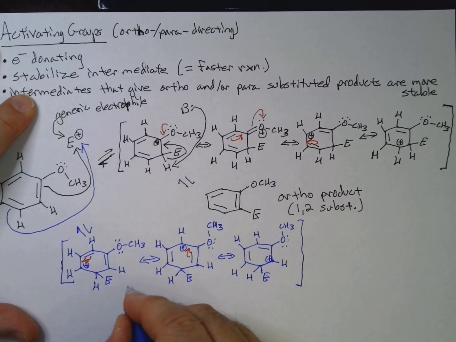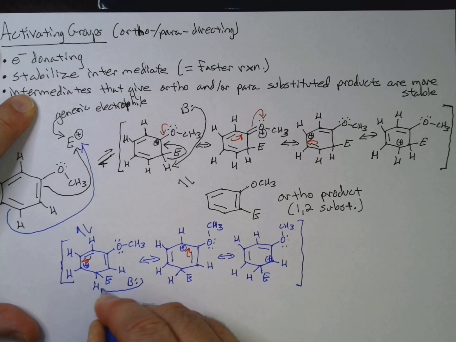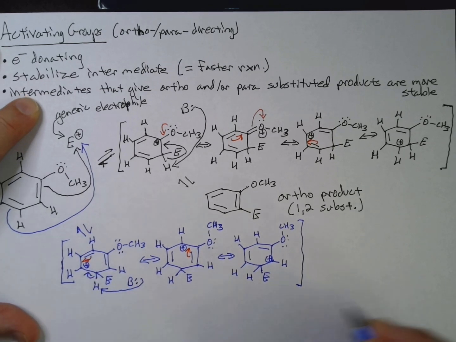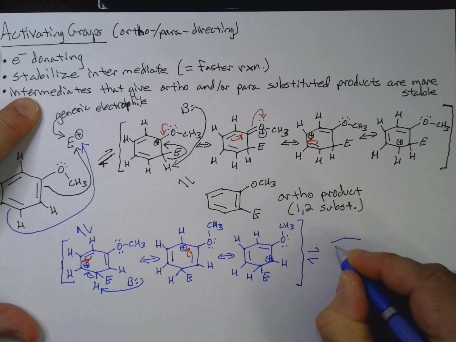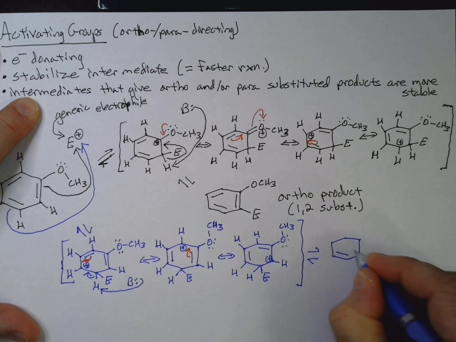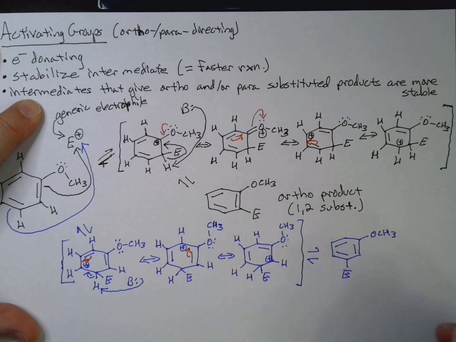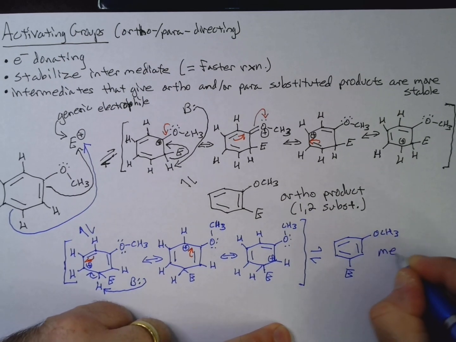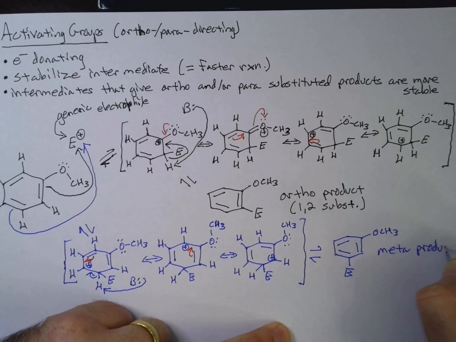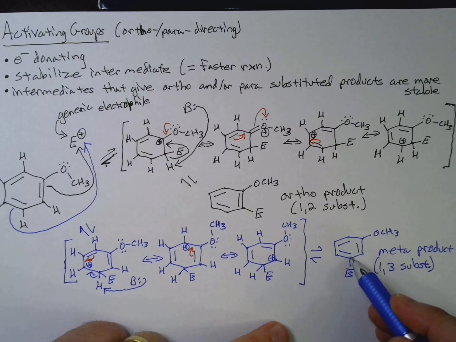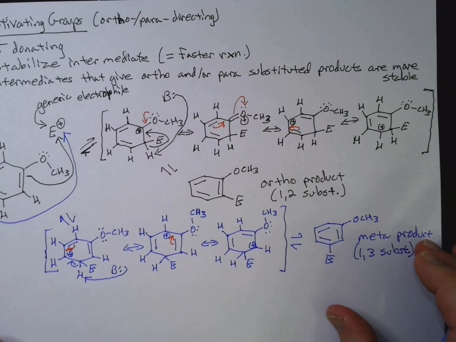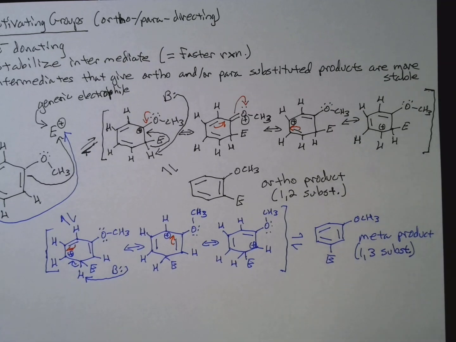So my base could come along and deprotonate, regenerating my benzene here and getting my final product. And this is the meta product. And meta is 1,3 substituted. Okay, carbon 1, 2, 3. All right. Now, there's a third possibility, and that is, what if our